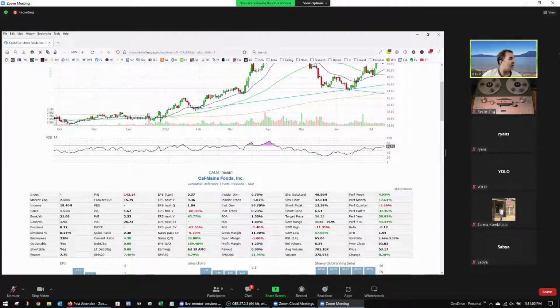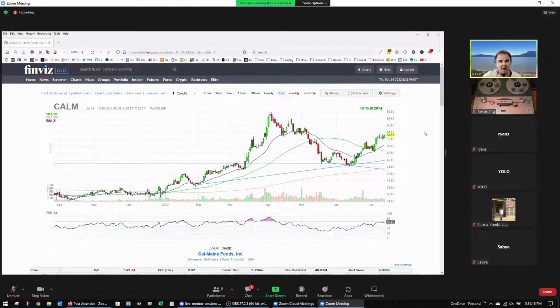Let me bring this up on my eSignal, and I can see just how volatile this is right away. What do we got here? Okay, on an average day this moves plus or minus 3%. That's not too bad, so we could get something out of this. All right, so now we have a candidate.